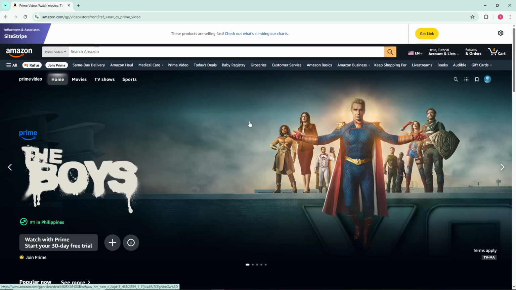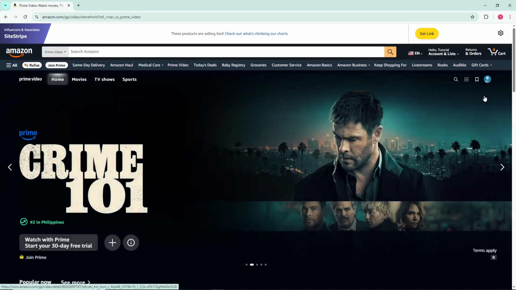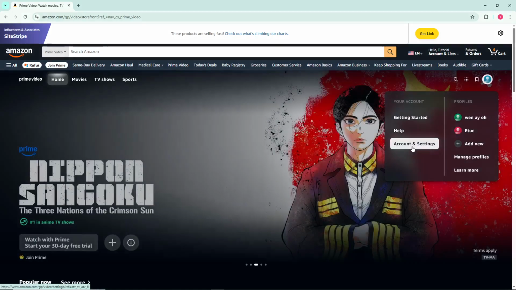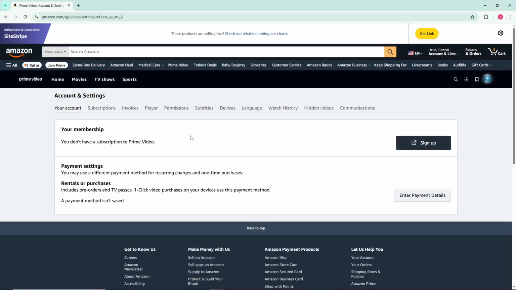Now that you're in Prime Video, direct your attention to the upper right corner of the screen. Here you'll see your profile icon. Hover your mouse over it and a menu will appear. From this menu, select Account and Settings. This is where you'll find all the important controls for managing your Prime Video experience, including parental restrictions and security